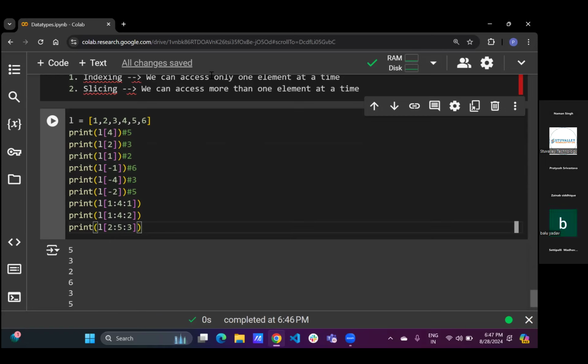Only 3, okay. We are starting from 2. 2 means 0 1. From here I need to start. From second index I must start. 5 means 1 element, like 5 means we will go only up to 4. This 5 is not included; whatever the end value is, it is not included. That means we will go till 4. 4 means 0 1 2 3, 0 1 2 3 4, that means here my slicing area is